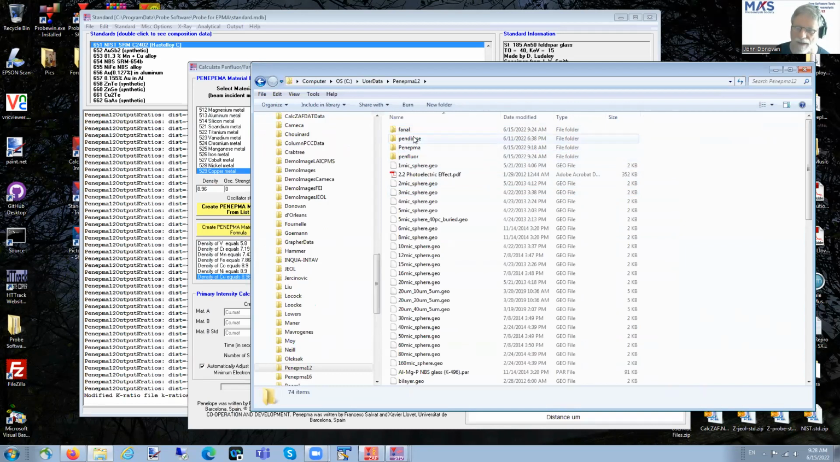Here's the Penepma PD base, which has all the physics parameters there. Penepma, and then PenFluor is the one that does the secondary fluorescence calculations. So if you go into the PenFluor program here, you can